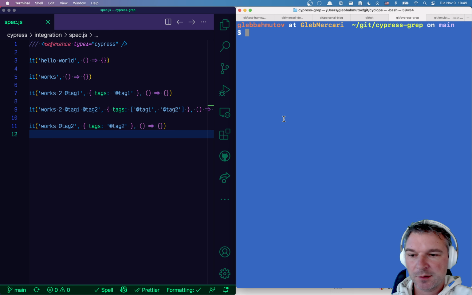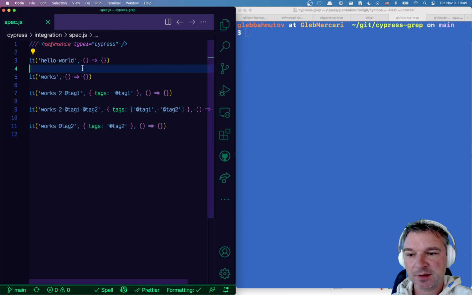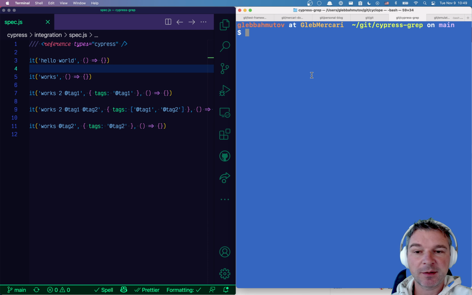Hey everyone! So today I want to explain how to debug the plugin cypress-grep if something is not working. So I have my spec file right here. Notice I have titles and I have a couple tags. So first of all, let's imagine a situation where you're trying to grab something by a part of a title